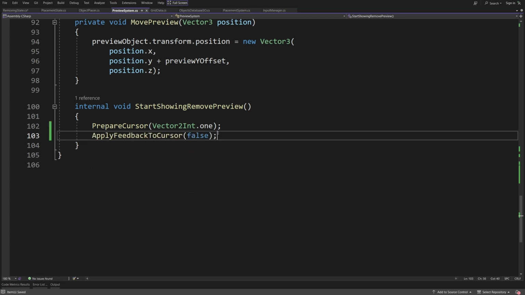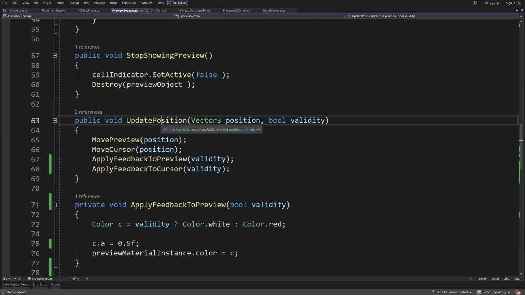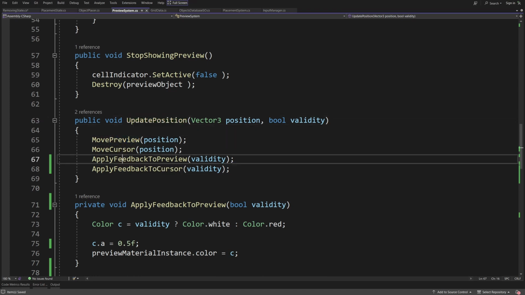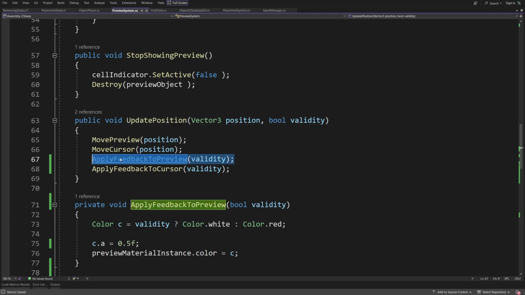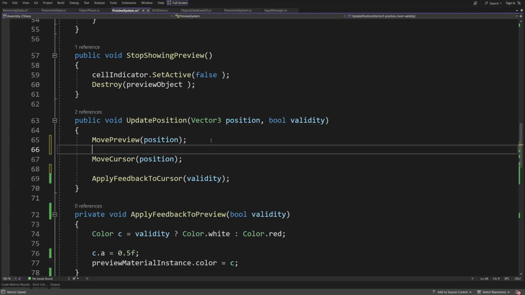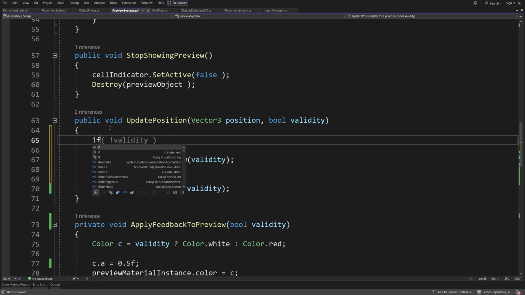So by default, I'm going to assume that we are selecting the incorrect position where there is no object to be removed. Now for this to work, we are also going to use the update position method. So we have this move preview and apply feedback to preview. So let's go to the update position method, and let's cut the apply feedback to preview, and let's paste it just below the move preview, because basically what we need to do now is we are going to check if